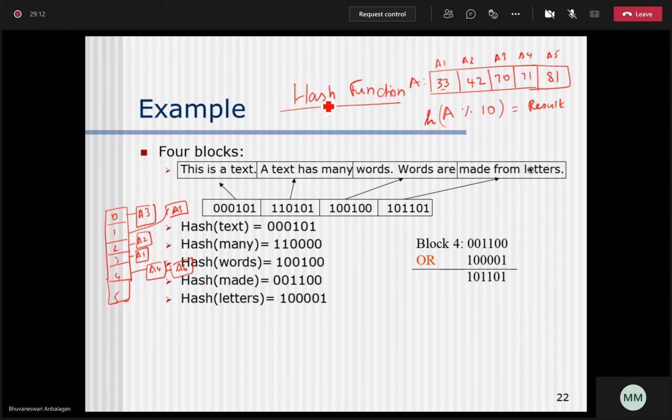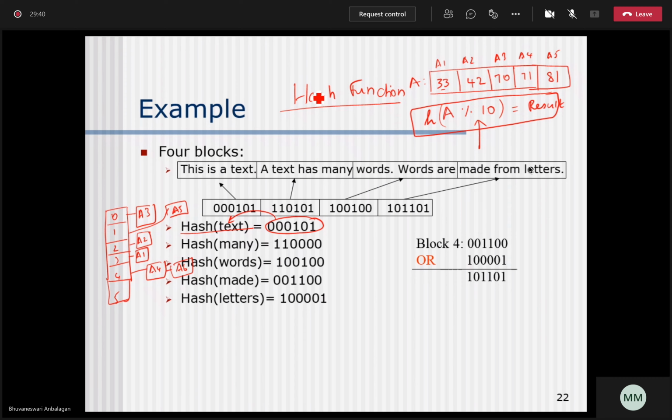Now what you need to understand here is, for every text you will be creating a hash value. We have to design a hash function which should be rigid enough so that the result of a hash function can never lead to decoding the text which you are trying to secure.